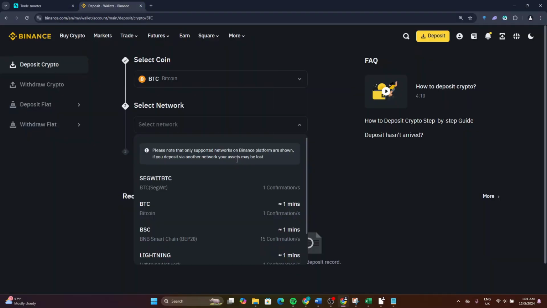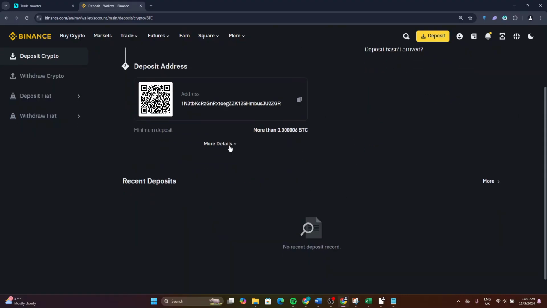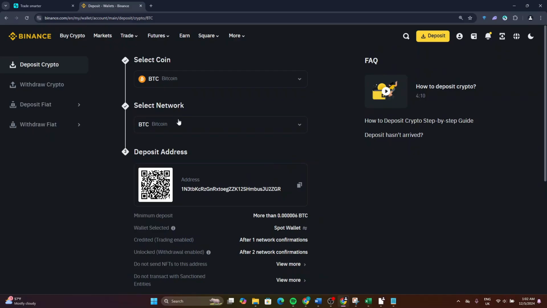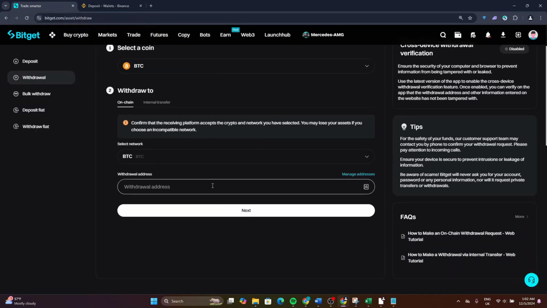As you can see, BTC. Now I will select BTC. Now here, as you can see, you can now copy the address, and now go back to Bitget, and now you can paste it like here and click